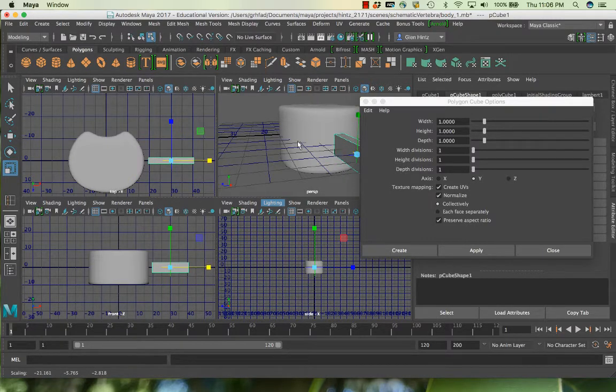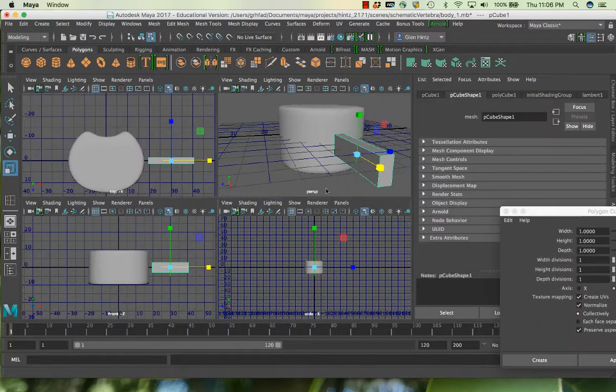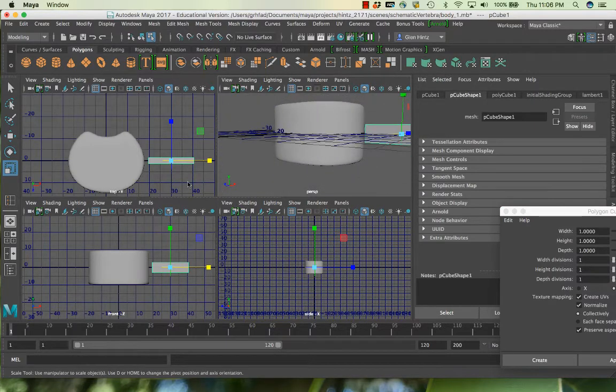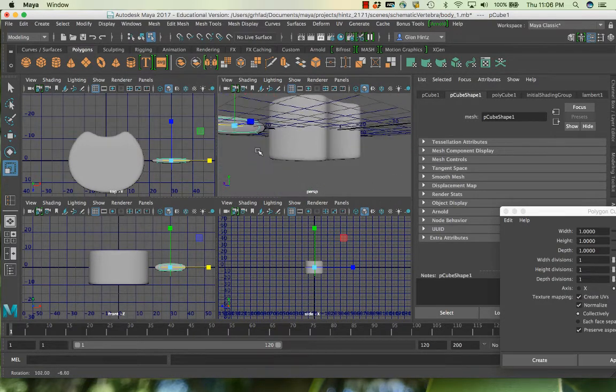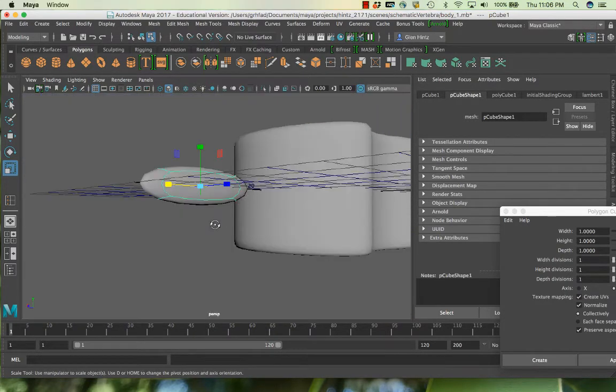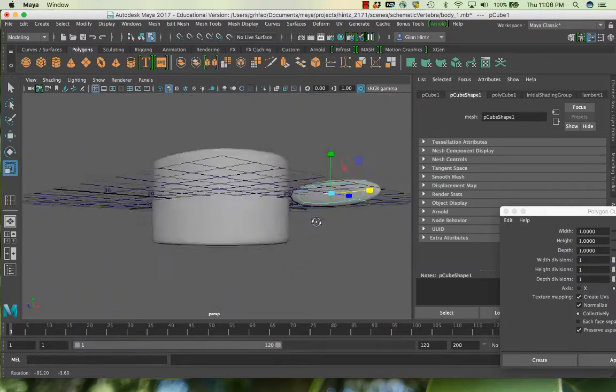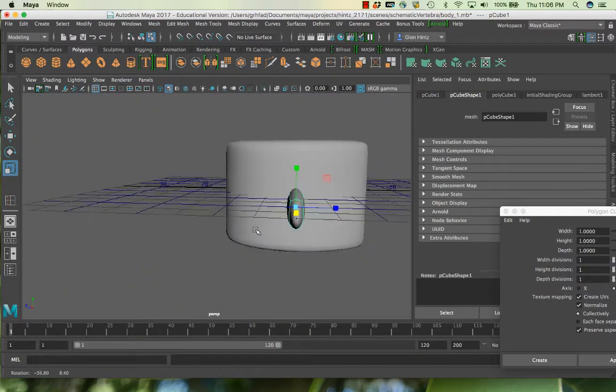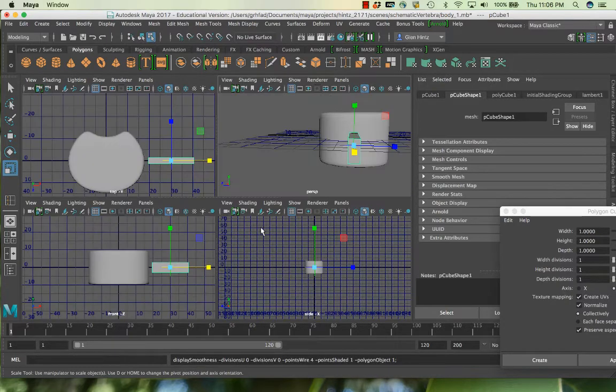Now we're going to run into the same problem here. Let's say I'm making the transverse process. We're going to run into the same problem here as we did before. If I hit 3, you get this very, very round object. So all the polygons are subdivided in half, and you get a very round object, rounder than you want. So what I'm going to do instead is add a couple